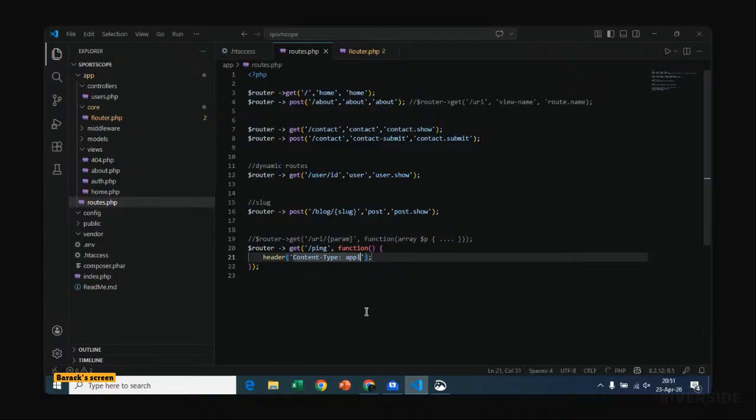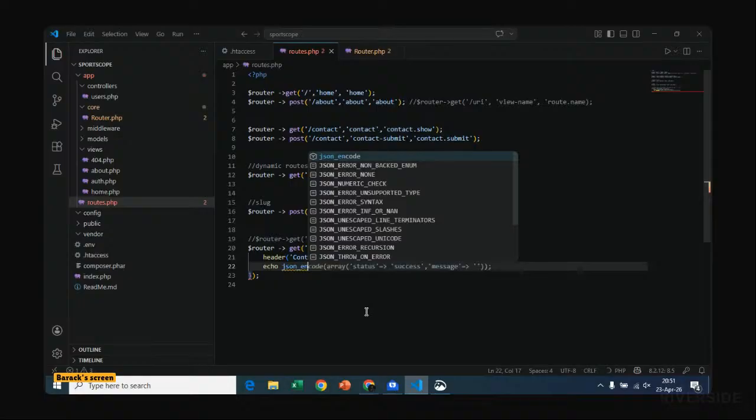We shall see this a lot when we are working on APIs where we get to define the output. So we want this to be a JSON file output. Then right after this, we can get to define that. Okay, we can just say echo JSON encode, decode, encode.